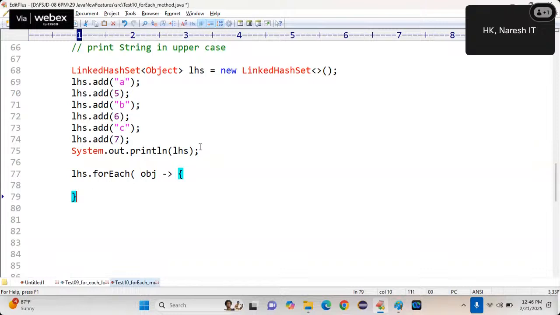I should first verify whether the object is a string or not. So what do you write? If obj instanceof String, then what should I do now? Typecast to String. How to write the typecast to String? String s = (String) obj. Hey, which version developer are you?